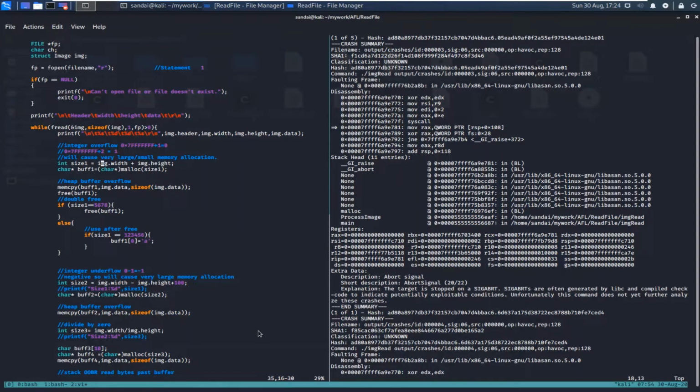Another check you can add over here is that if malloc returns null, then you should not go further because it may cause an issue later on. In our case, we are failing at malloc itself, but in many cases, size becomes 0 or some minimal number of bytes like 1, 2, 3, maybe under 10, under 20, and then later on in your program you copy a lot of data which is more than the size of the buffer, so it causes heap overflow.